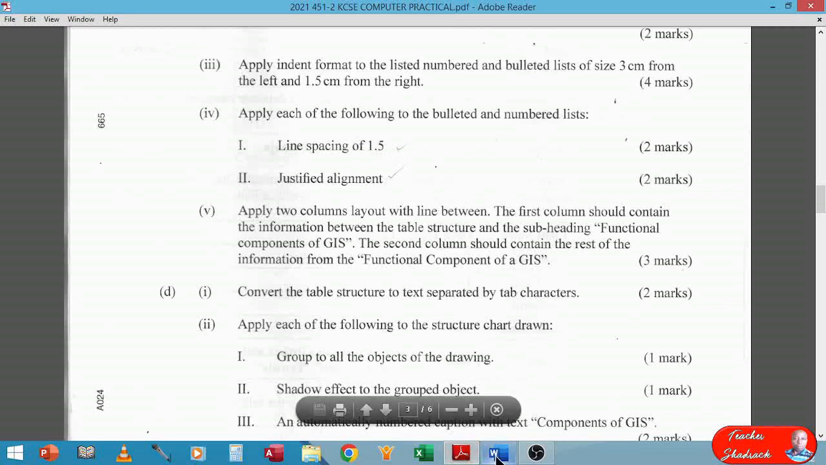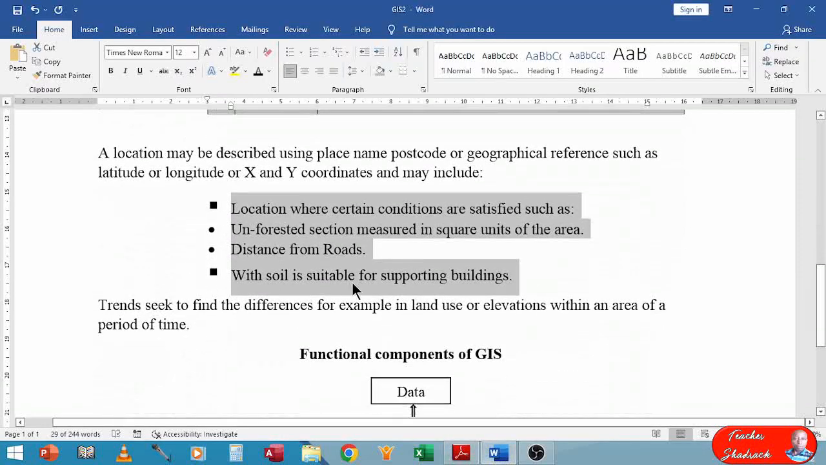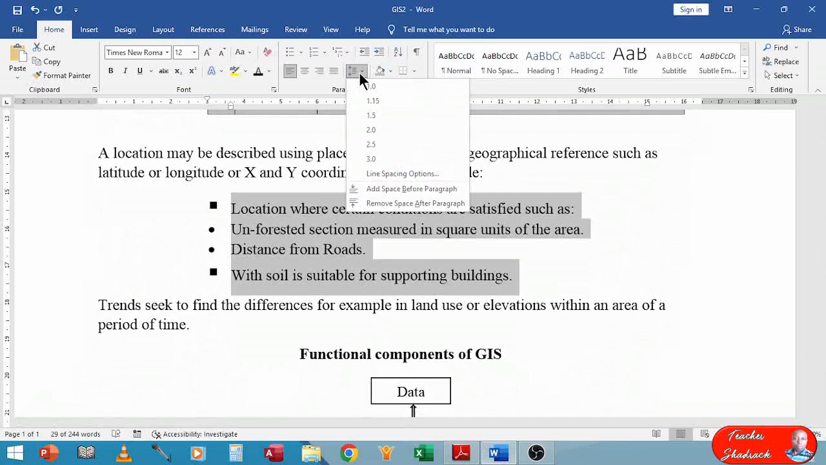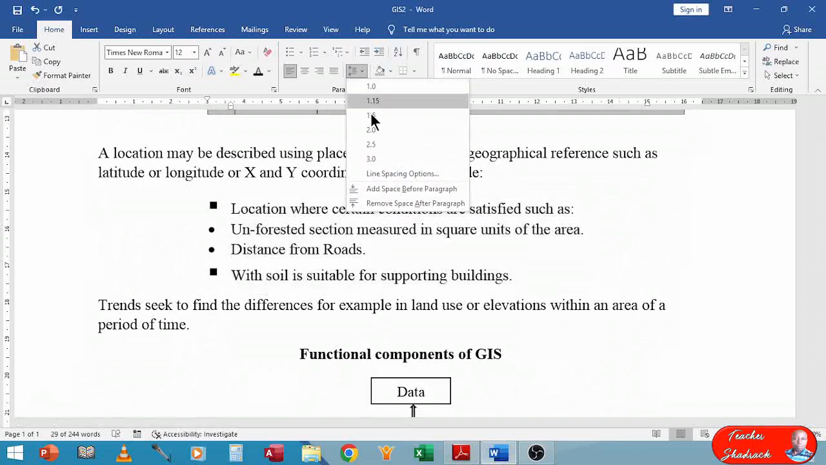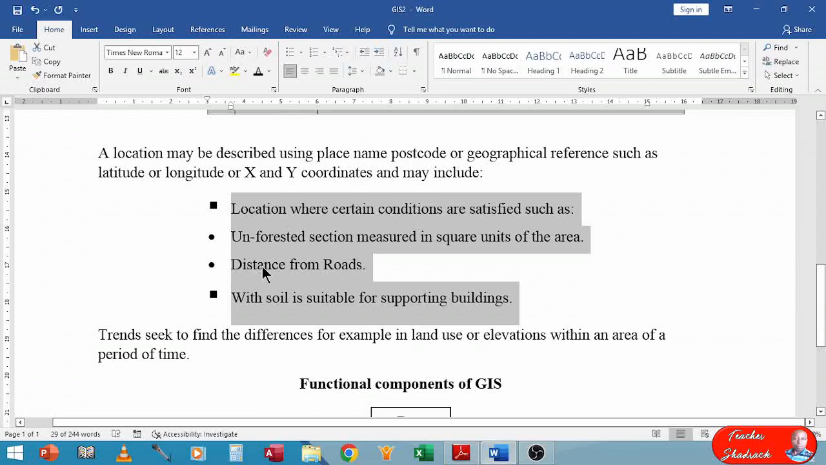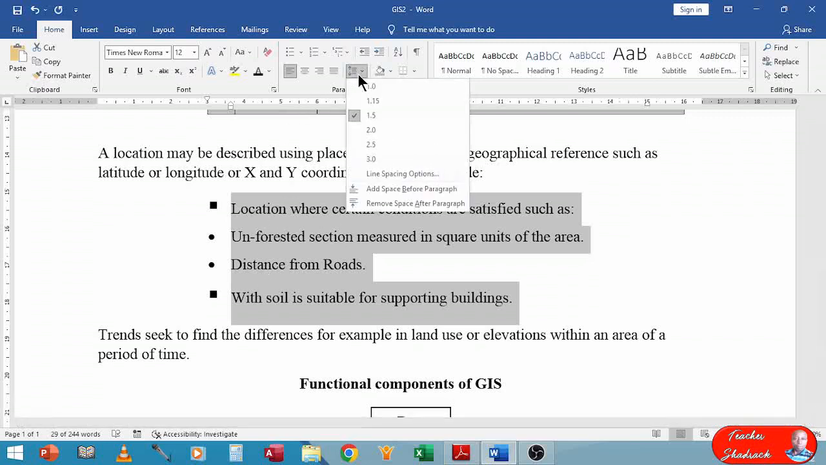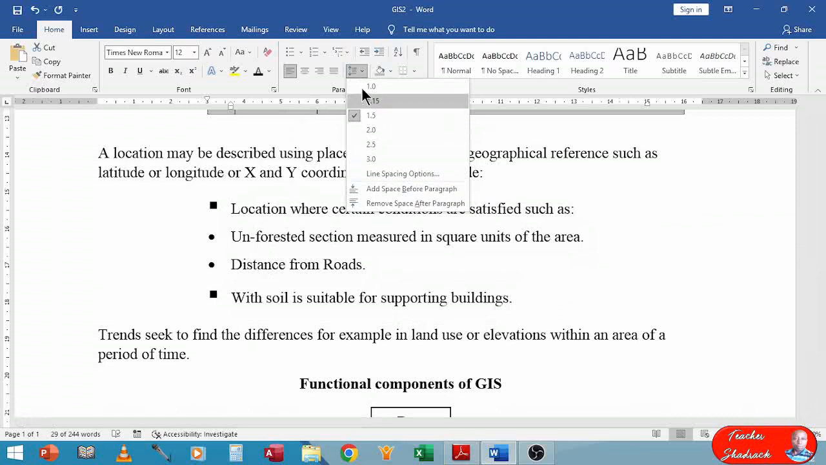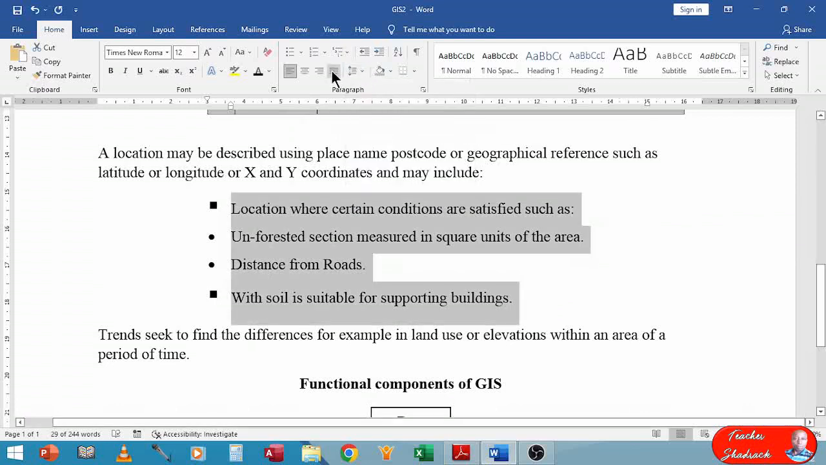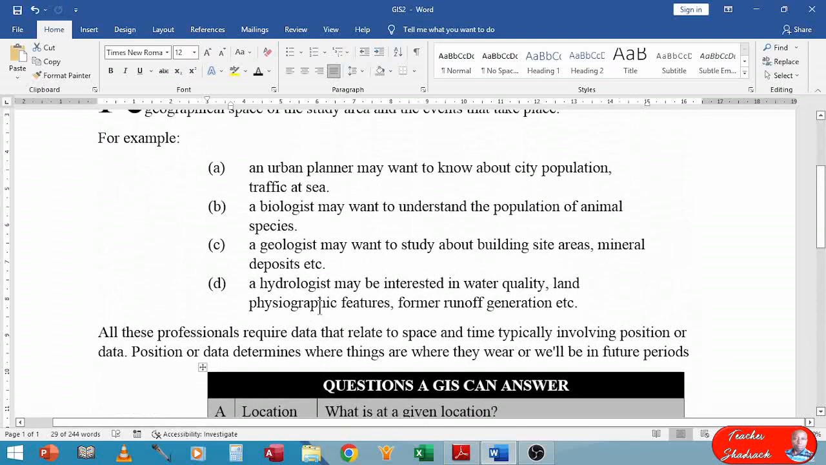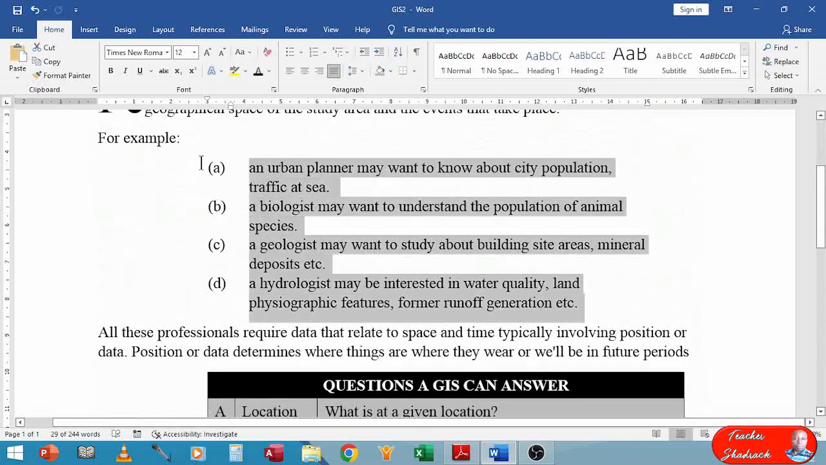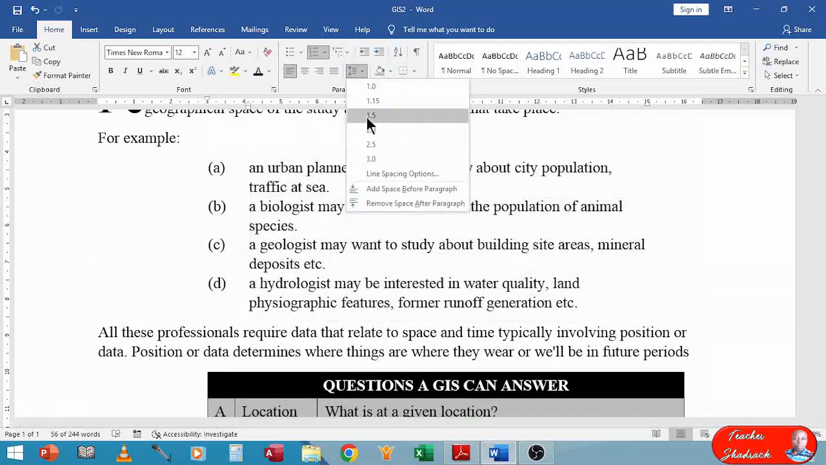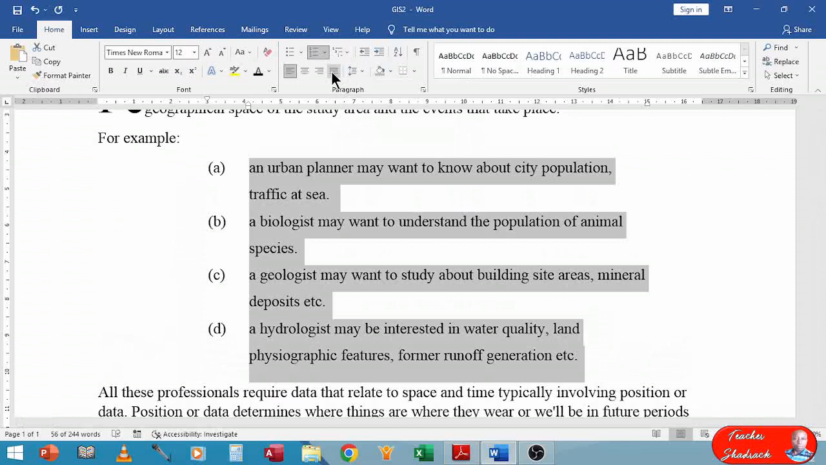Okay, so we go to the document once more, and then already we have highlighted the bulleted list. So what we do now, we can have this as the shortcut to do the line spacing to 1.5. Perfectly done, perfectly done. The bulleted list is already at 1.5 spacing. Then what else have they said? That we also justify, we use justify alignment to the bulleted list. Very well done. Then the numbered list, the same format, don't forget, 1.5 as line spacing, and then justified alignment